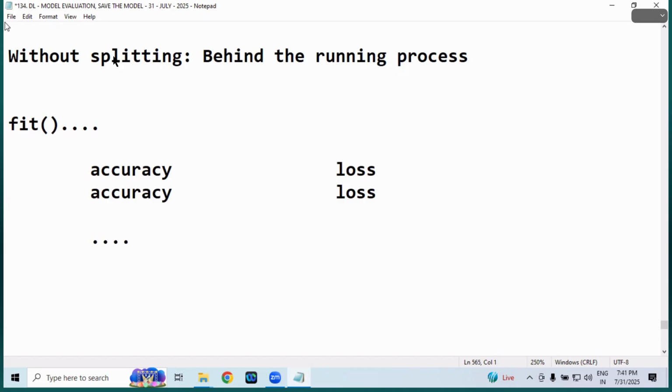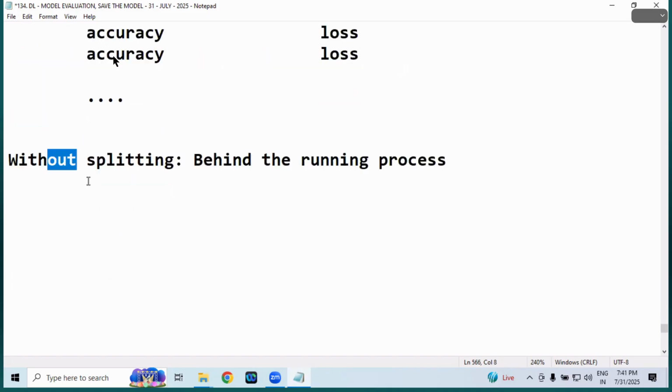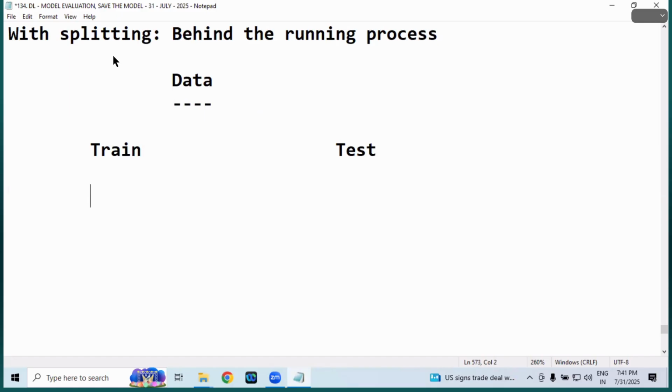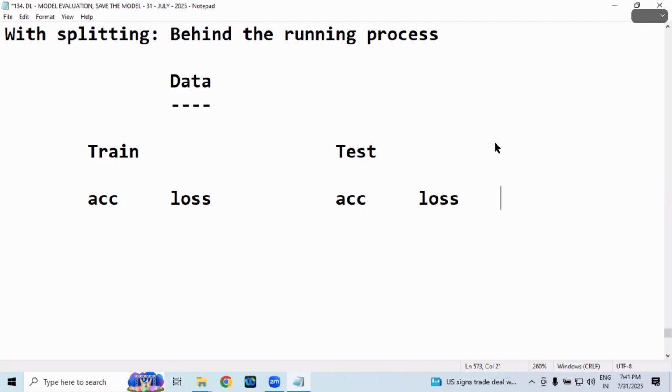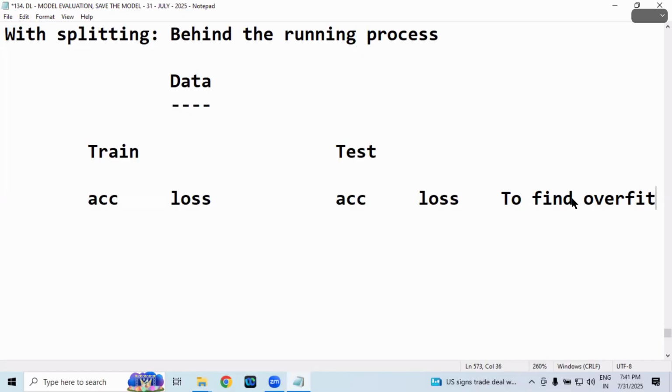But Daniel, with splitting, can you please explain with splitting? You already know this. With splitting the data. Good. Can you help me, sir? The data is set validation data. In the train data set also, you can see loss. In the test data set also, you can see accuracy. And you can see, Daniel, why? Simple, to find overfit. To find overfit or not. Why? Because sir, running, go to the machine learning, checking training data